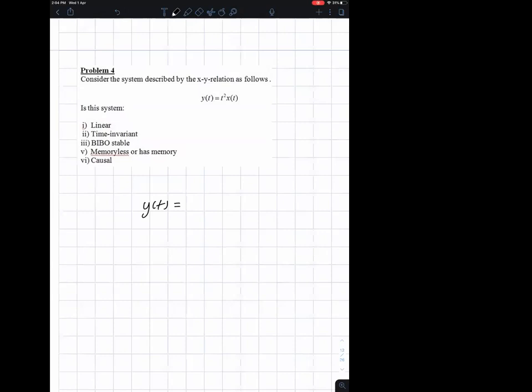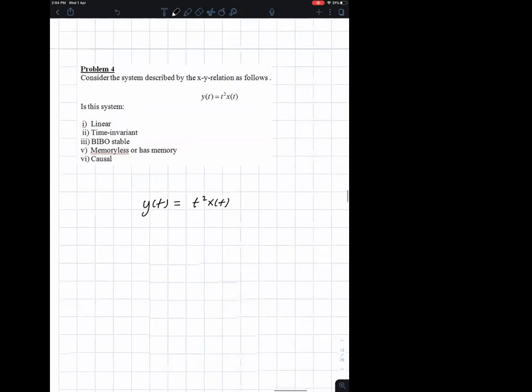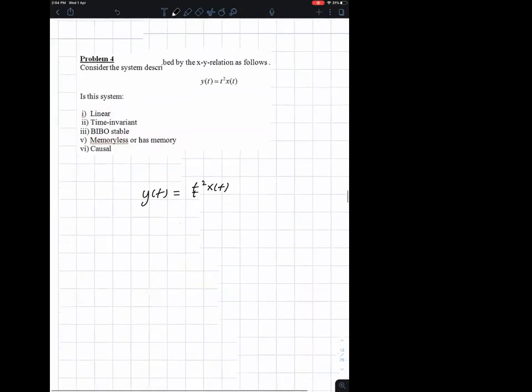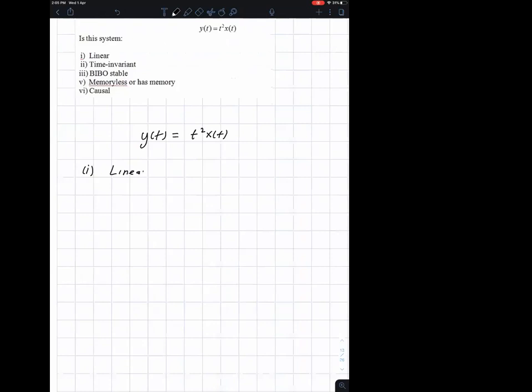So we want to find out if this is linear. Just assume you have an input x(t), and then the output